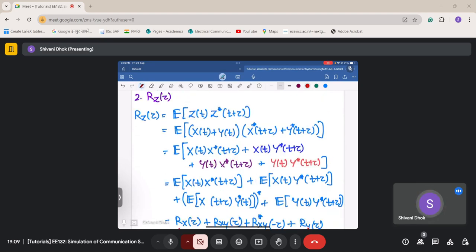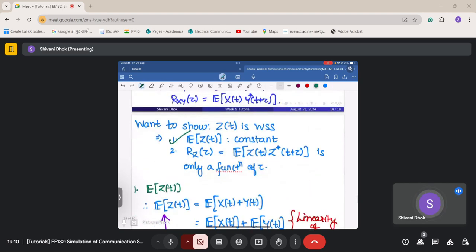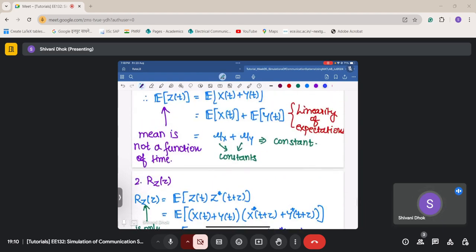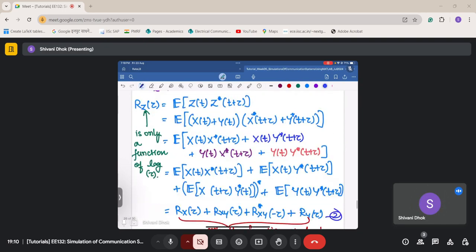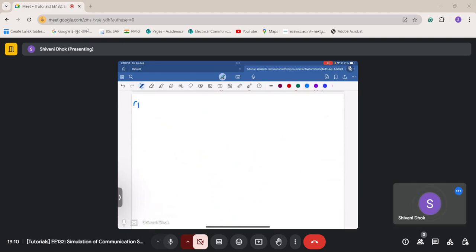So therefore this thing here is only a function of lag, that is tau. So we have looked at the second point also. What we have observed here is, let me number the equations. This is 1 and this is 2. So from equation 1, we observe that expectation of z of t is constant,